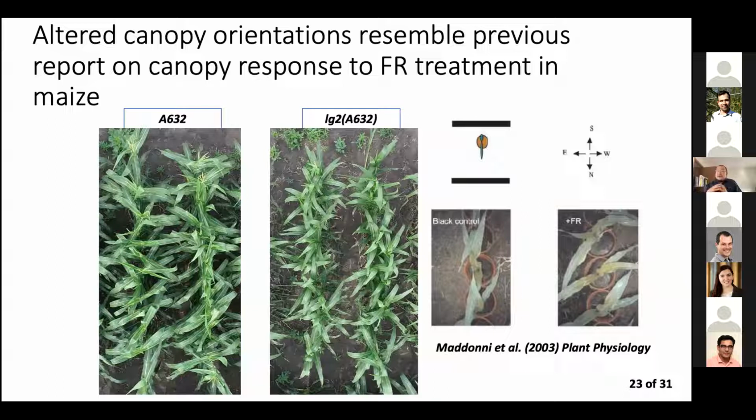By seeing this, our first reaction is that maybe this is the role of Liguleless, in addition to what has been reported in the literature on the vertical leaf angle. The altered azimuth orientation we observe here is potentially due to a malfunction in how plants sense and respond to adjacent plants. So to test that,